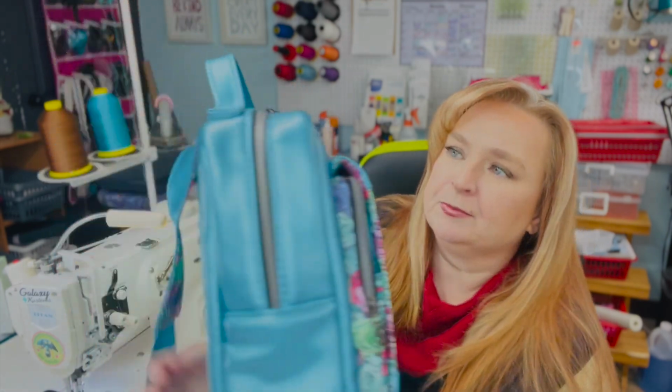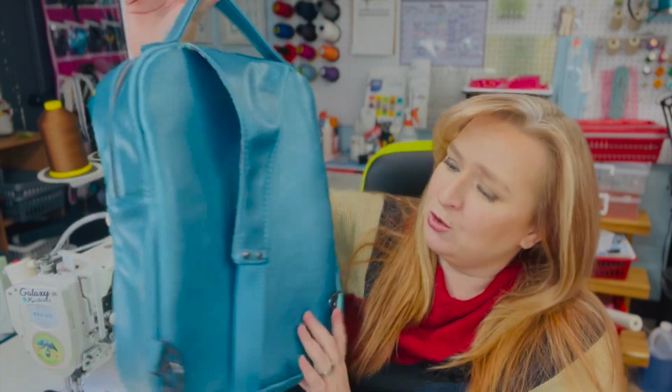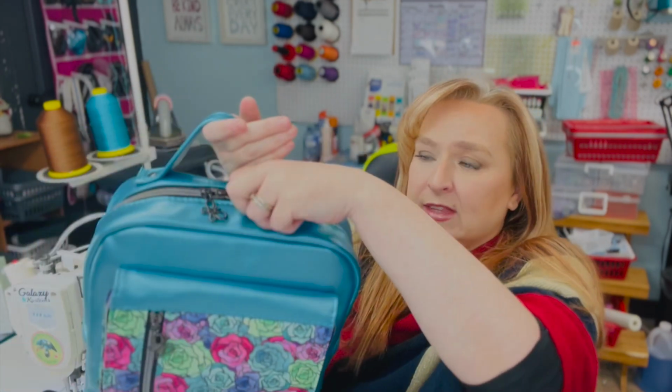On the back, it's quite simple. You have the sling back, so you can wear it either on your left or your right side, whichever you prefer. And then on the inside,